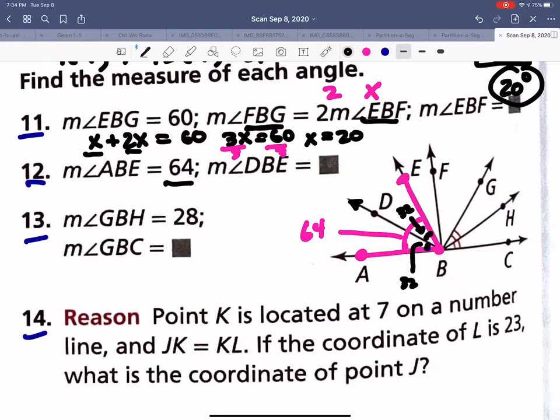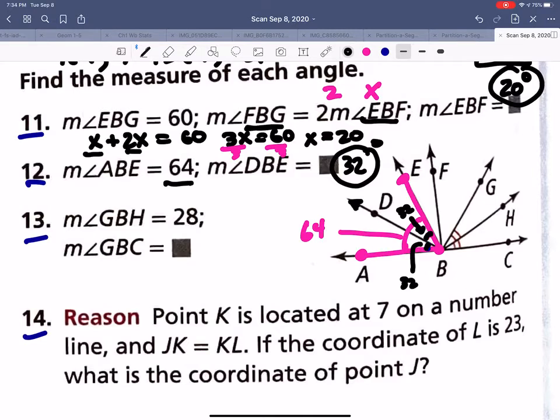So now they're asking, what's the measure of DBE? DBE. So that's, we came up with our answer, 32 degrees. Okay. Question number 13 says